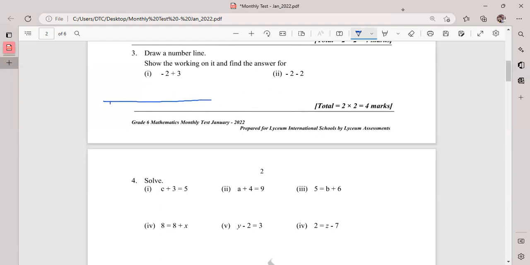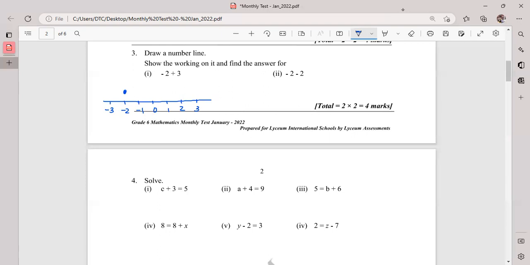This is -3, -2, -1, 0, 1, 2, 3. From where do you want to start? -2. You start from here and mark it. Then you have +3. When you want to add 3, to which direction do you want to move along the number line, children? Since it is +3,